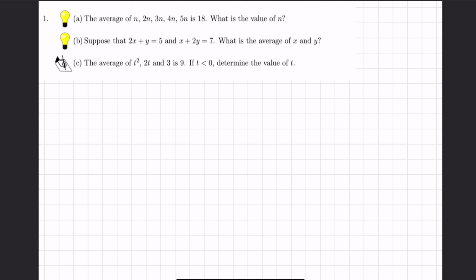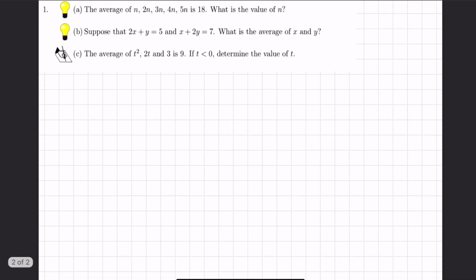For the first question, A, the average of n, 2n, 3n, 4n, and 5n is 18, and they want us to get the value of n. So, this is pretty straightforward. So, since